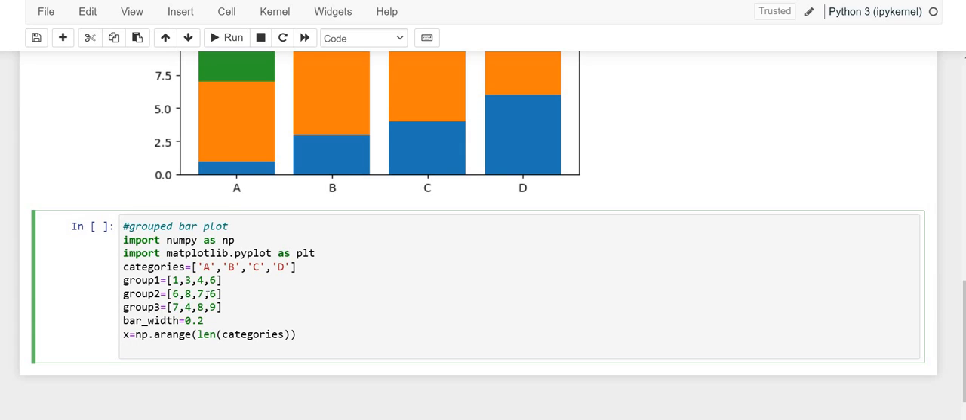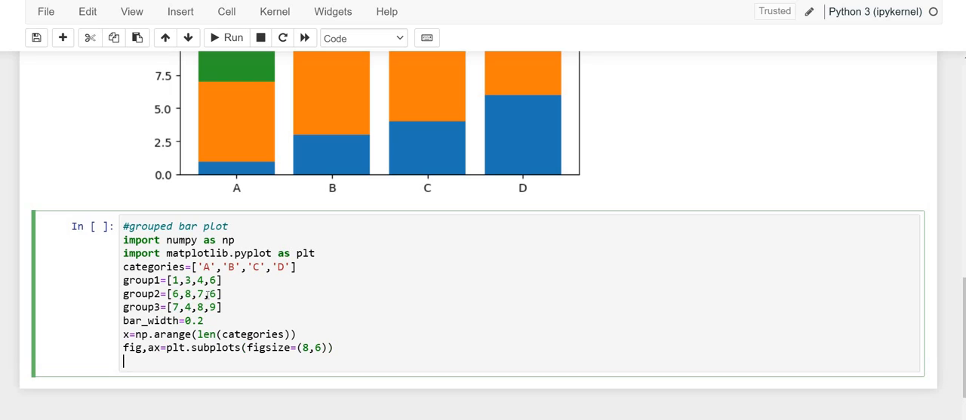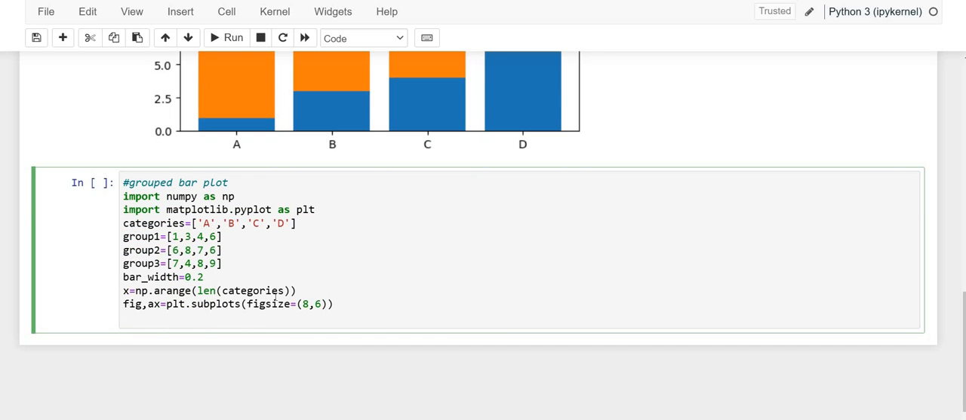Now we'll create figure and axis for the bar. For that we'll write plt.subplots, which creates a figure and axis. Here we have given the figure size, which specifies the width equal to 8 and height equal to 6 inches. And now we'll plot the bars for each group. For that we'll write